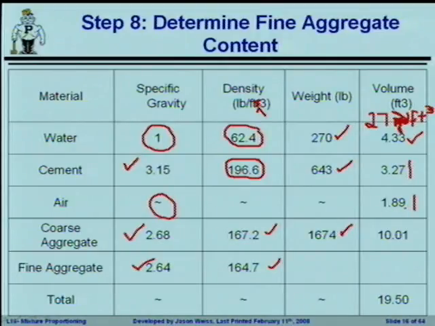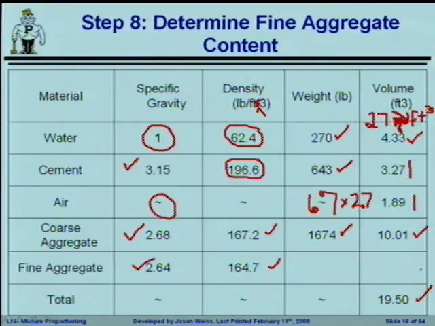1.89 is going to be air, and we got this by, how did we come up with the 1.89? It's not simply the weight divided by density. It's the percentage of air: 6% times our 27 feet, and that's going to give us this 1.89 number. 10.1 is the cubic feet associated with our coarse aggregate, and if we add that all up together, we get